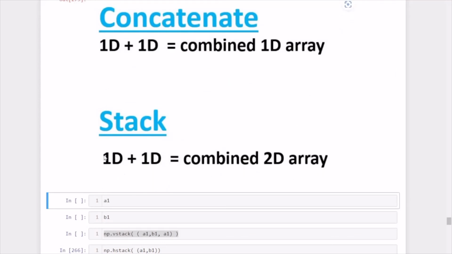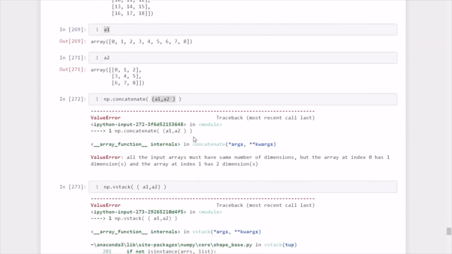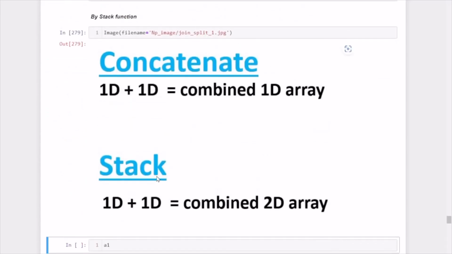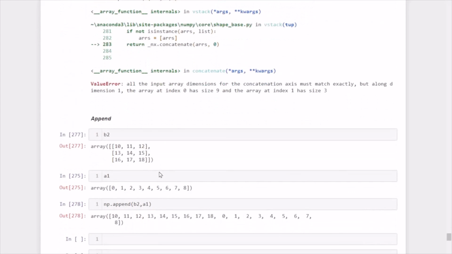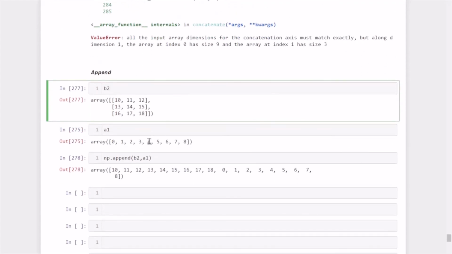That means we can stack horizontally or vertically. In both concatenate and stack, the shape of the arrays should be the same. But if the shape is different, we can use append. So that's all about the basic concepts of joining methods in NumPy. Next we will talk about the splitting methods in